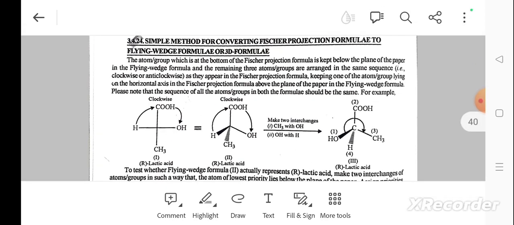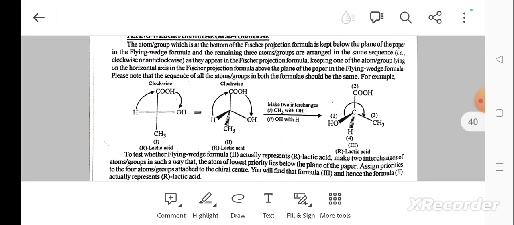The atom or group which is at the bottom of the Fisher projection formula is kept below the plane of the paper in the flying wedge formula, and the remaining three atoms or groups are arranged in the same sequence, clockwise or anticlockwise, as they appear in the Fisher projection. Keep one of the atoms or groups lying on the horizontal axis in the Fisher projection formula above the plane of paper in the flying wedge formula. Please note that the sequence of all these atoms in both formulas should be the same. For example,